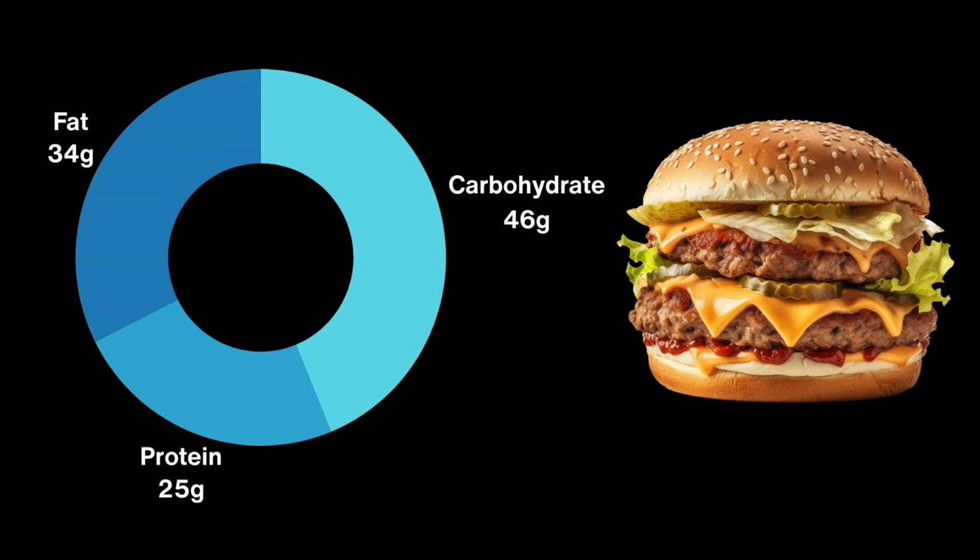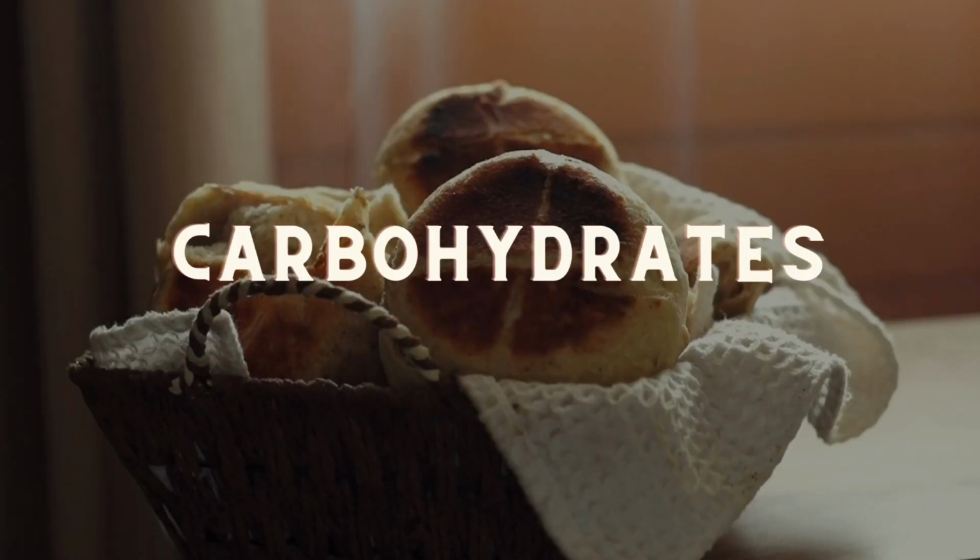So now if we take this burger and think about the fact that enzymes are present at different locations in the body because they have a different optimum pH, we're going to look at how this burger, so how carbohydrate, fat, and protein, are broken down in the different regions of the body and by different enzymes. So if we look at carbohydrates first,